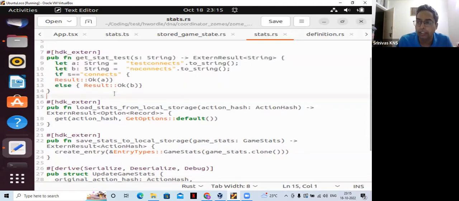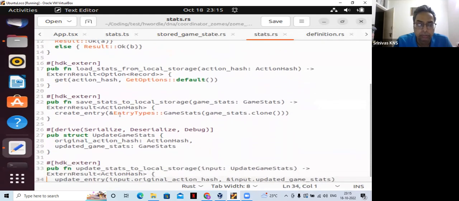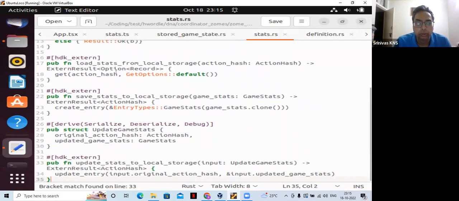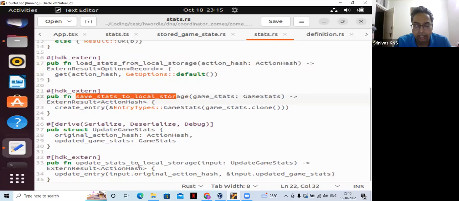I need to clean up the code quite a bit. It's just a POC stage right now. I'm going to make it much more functional, resolve some of these bugs and all. So a simple way of manipulating the data, saving stats to local storage and updating stats,